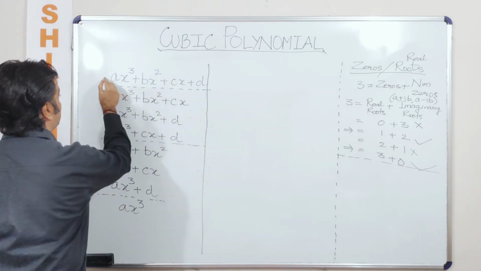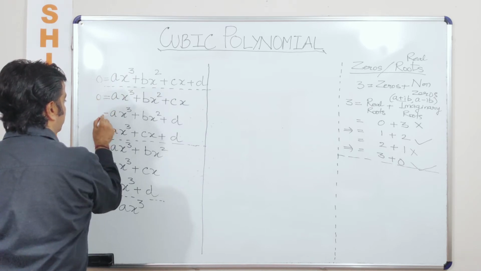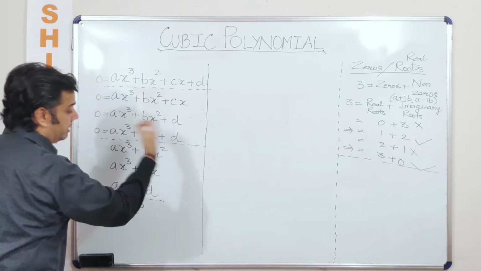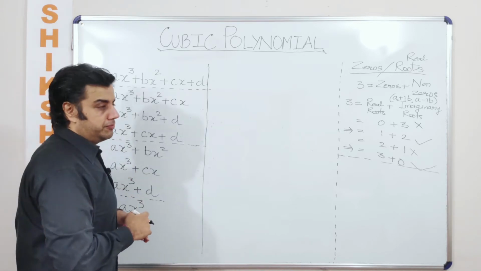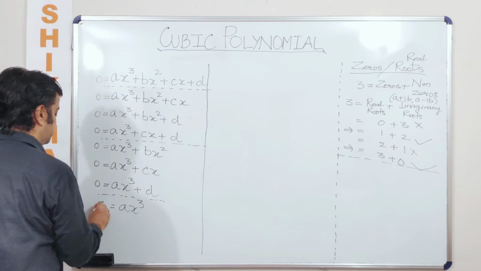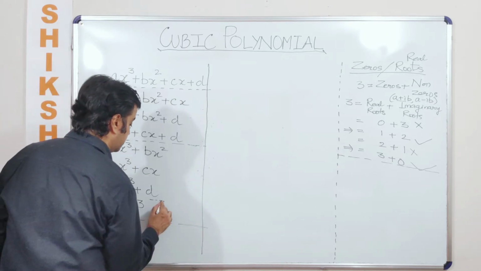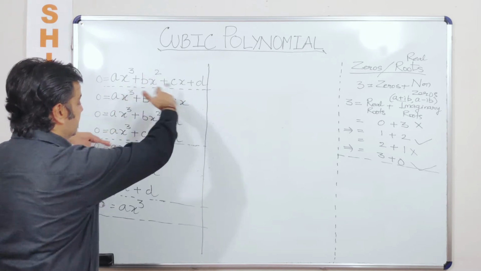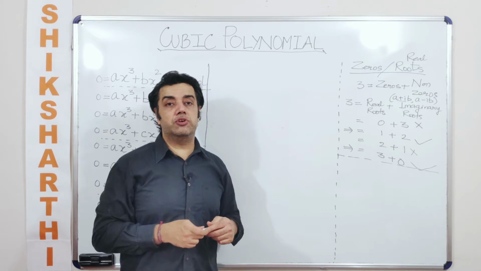We will use the numbers here. So for example, if I equate this to a 0, it is then only that we talk about the zeros. So I'll equate all of them to 0. Now whether I write it on the right hand side of the equal to sign or the left hand side does not make much of a difference, as long as you know what you are referring to. So here we are talking about a 0. Now we'll talk about these cases and why we have drawn the lines here. I'll just make a casual mention of the same, since we have already talked about this.